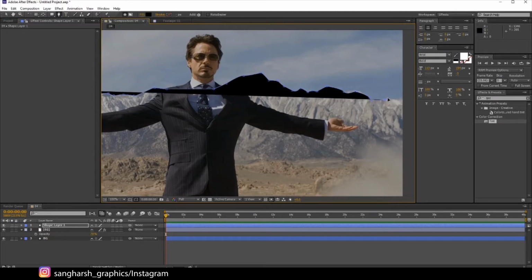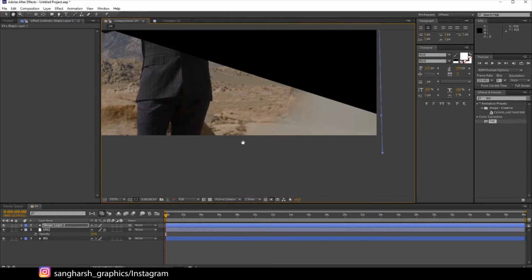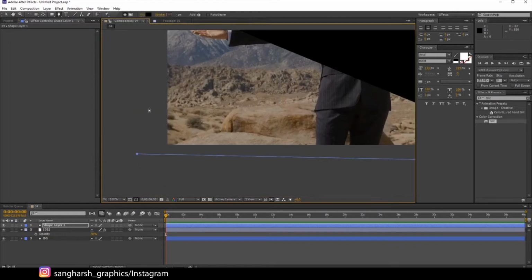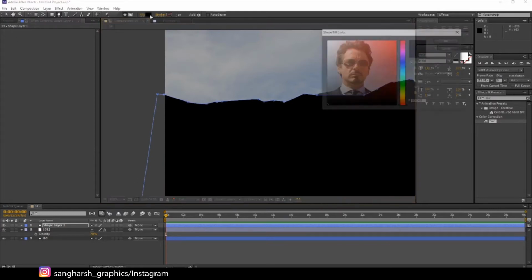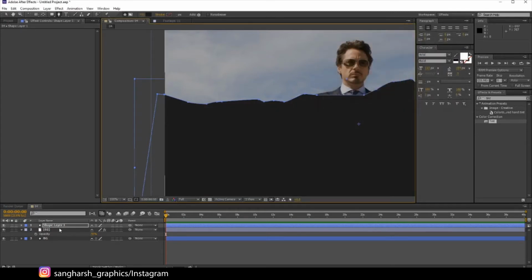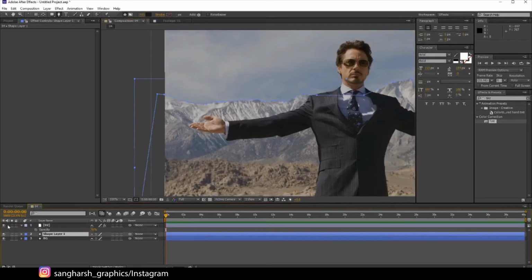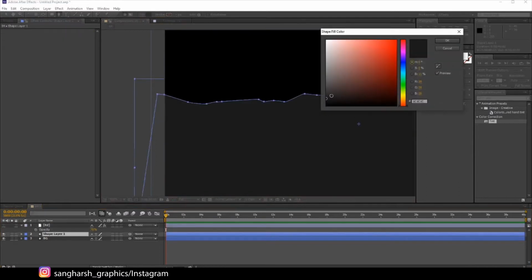You don't have to be perfect. Complete it like this and change its fill color to something lighter, not black, lighter. Drag it below the shape layer. If you turn off the shape layer you can see something like this. Let's make it a little bit darker like this.